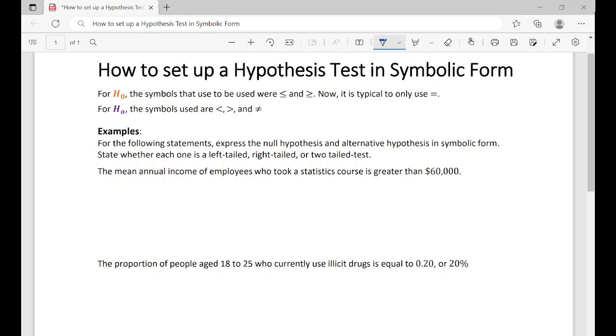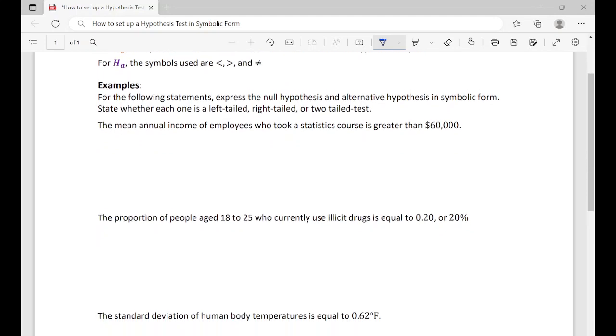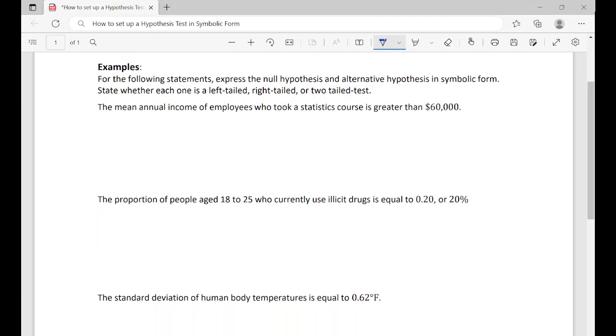So now we're going to look at the examples and express the claim in symbolic form. Then we're going to state whether each one is a left-tailed, right-tailed, or two-tailed test. So let's look at the first one. The mean annual income of employees who took a statistics course is greater than $60,000. So we see that this is a mean and that it's greater than